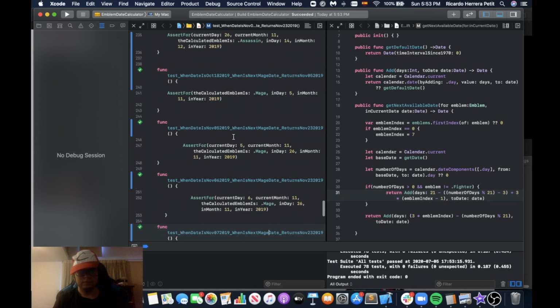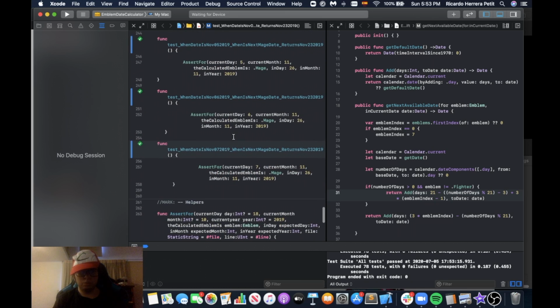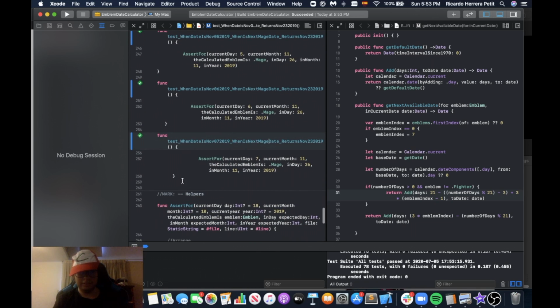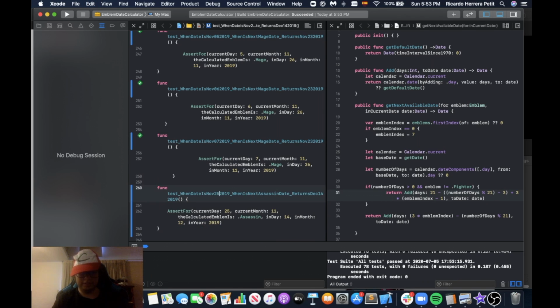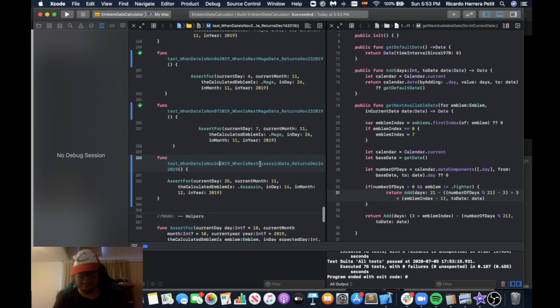Okay. So now test when the date is November 26. Right? When the date is November 26, 2019, when is the next mage date? Mage date returns December 17, right? So when I'm on 26, I need to add 3 here, and I need to put a mage. Command U. So it's passing,